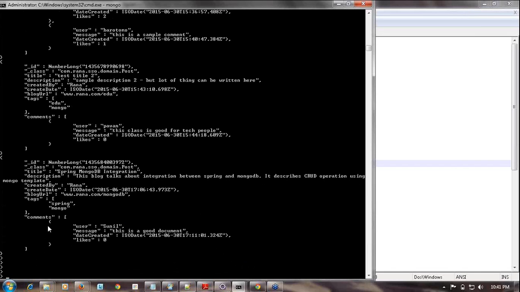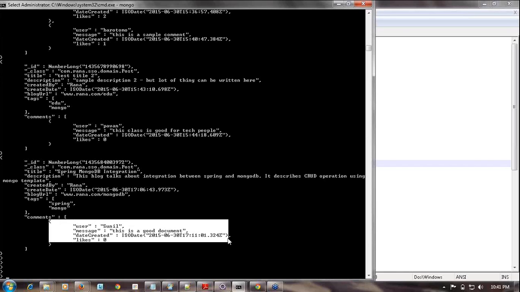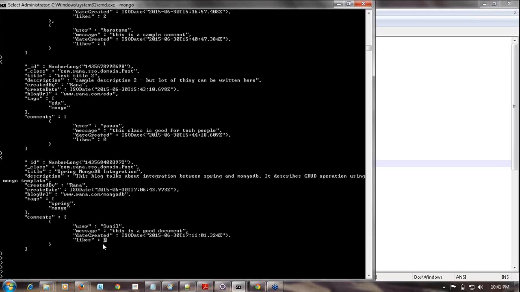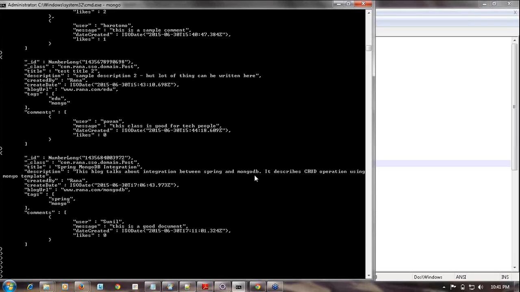Now if you see, there is a comments field, one comment has been updated inside that particular post. Inside that particular post, there are no likes, so likes is 0. So by default it is 0. Okay, so that's how you can create an application, and you can do database operations from